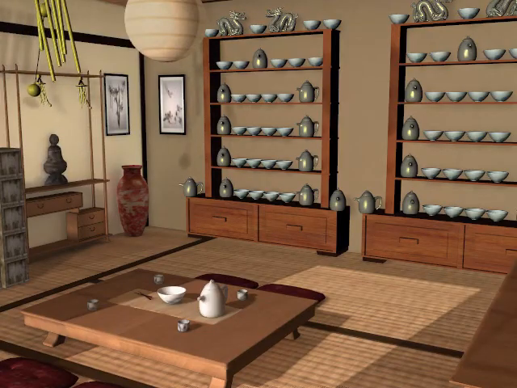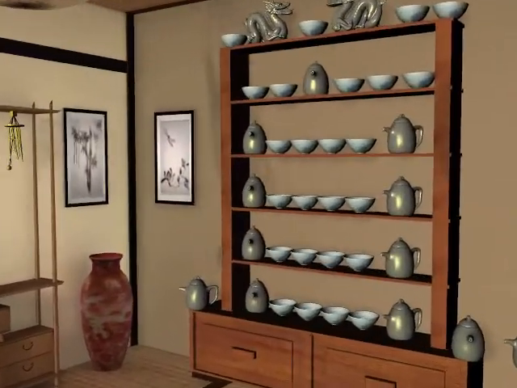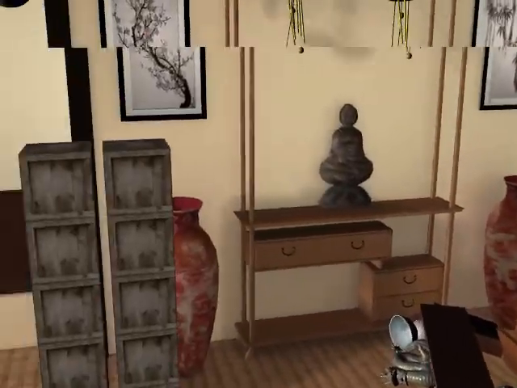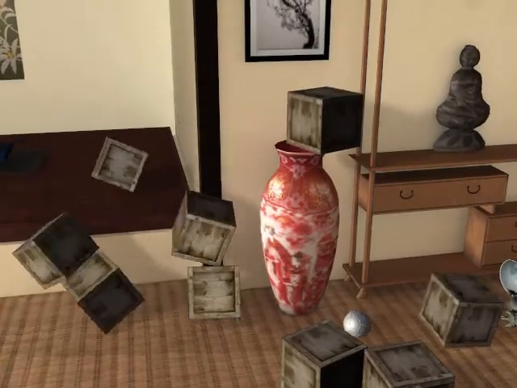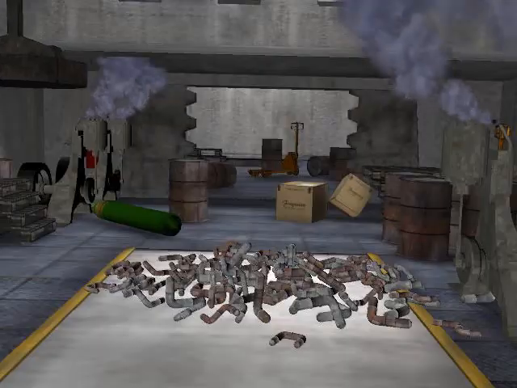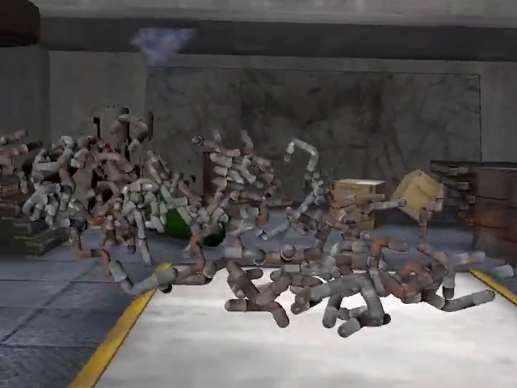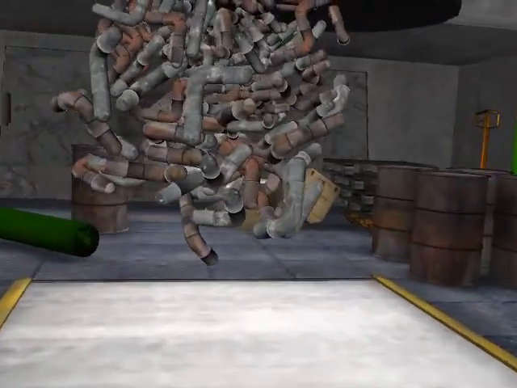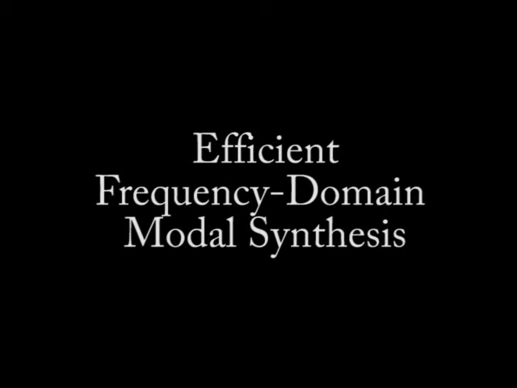We present a fast frequency domain solution to on-the-fly modal synthesis to simulate sounds from objects falling and colliding, as shown here. We can also process scenes with both recorded and modal sounds by introducing a scalable pipeline complete with auditory masking and sound source clustering. The key idea of our approach is to exploit the sparsity of modal sounds in the